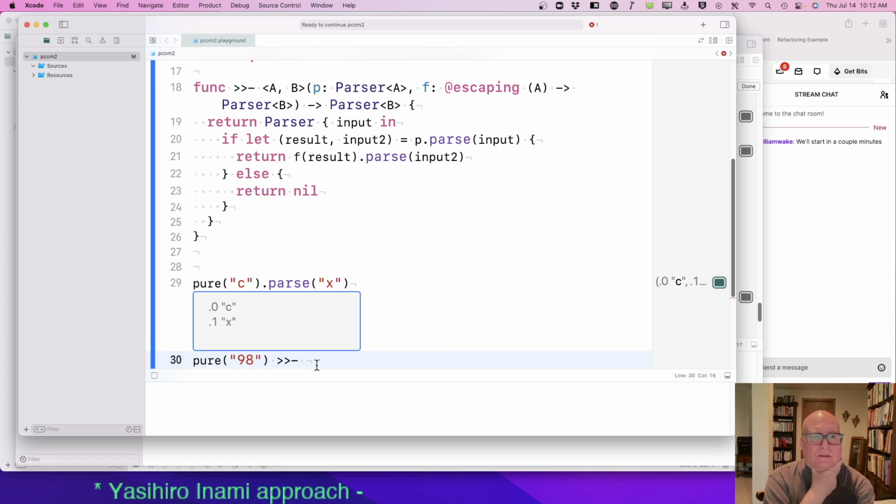We want a function on the string, the input is an A, so it's a string, and the result should be a parser.